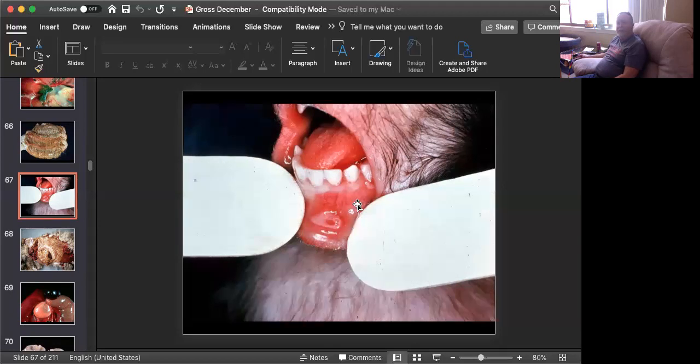ulcerative cheilitis. I don't know if this animal has any other ulcers in its mouth or on its tongue or even on its genitalia. But this is a classic sign for the disease that we are so worried about contracting from non-human primates, especially macaques, and that is a virus known as macaque herpesvirus type 1. It has gone by many names. Most of you may know it as B virus or herpes B virus, or back in the day when it was first identified during the trials for Jonas Salk's polio vaccine,